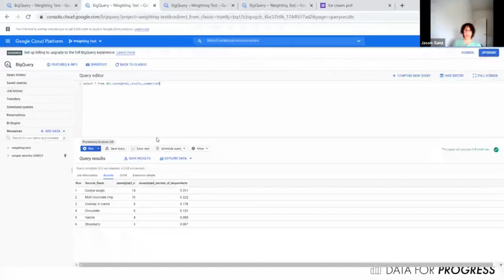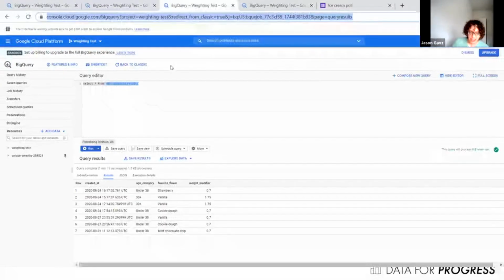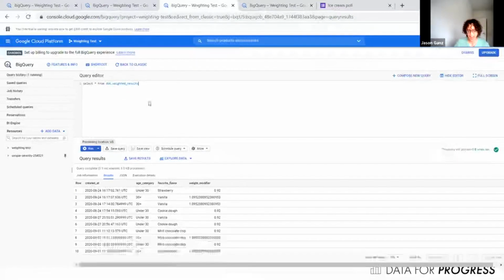And when you take a survey and you weight it, you say, okay, how many of these people actually in my sample match my target population? Because I'm going to guess that we have a relatively younger crowd here and we don't actually have 50% under 30 and 50% over 30. And so we can do survey weighting in this to say, all right, we're going to modify the weight for this such that